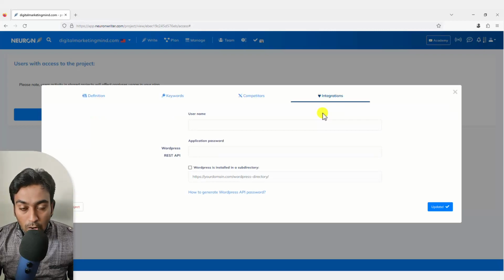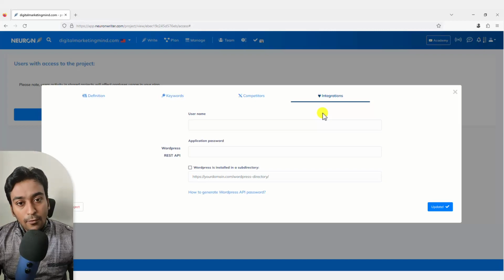Integration: they do have the option for WordPress import or saving or directly publishing from WordPress from Neuron Writer itself. You can mention those details here as well. You can mention these details at the per-article level also. That is also possible. You can do the same thing from there as well. But if you want, you can just follow here and click on this link, and they will show you in a guide how you can set up this WordPress project for you.